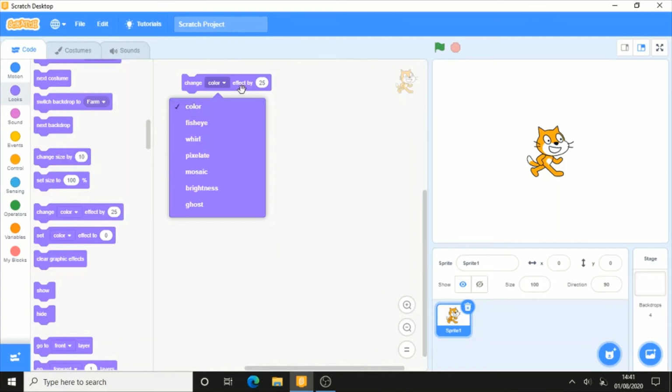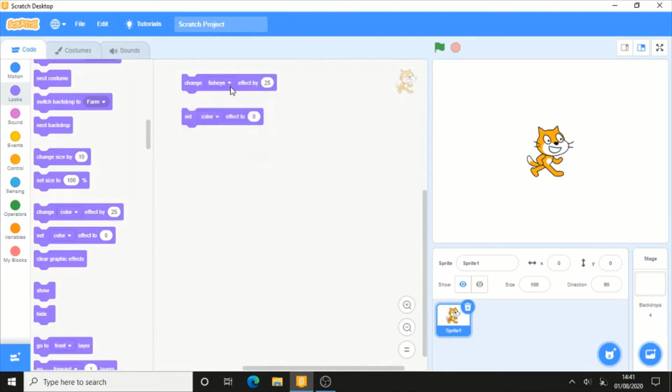So first we looked at color. Now let's look at the fisheye block. So here too I'll set it to fisheye, and when I click on this change fisheye effect by 25, just observe the cat and see what happens. As you can see, the center of the cat gets a little bulgy, and it makes it look a little weird, and it will help you to make fun animations